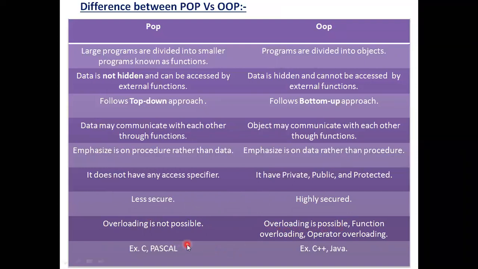And the last difference between POP and OOP, we have given two examples of programming languages, C and Pascal. C and Pascal are the two programming examples for procedure-oriented programming. On the other hand, C++ and Java in object-oriented, these two programming languages make use of the concept called